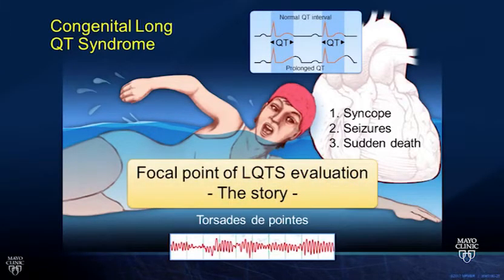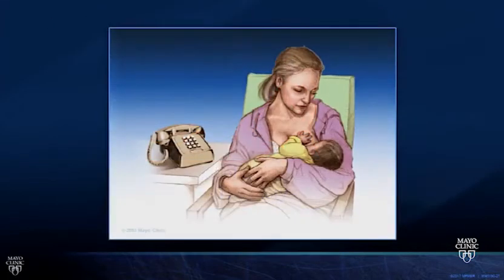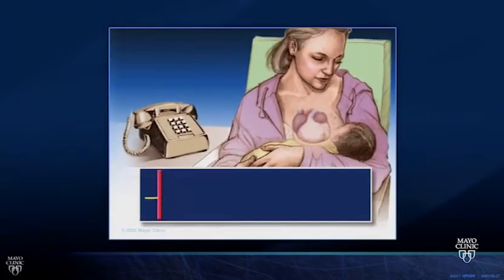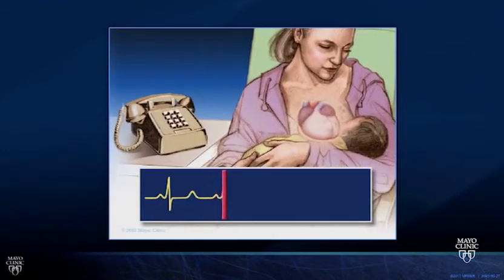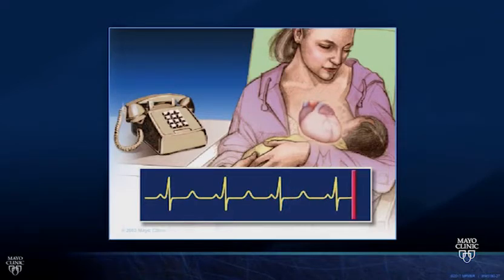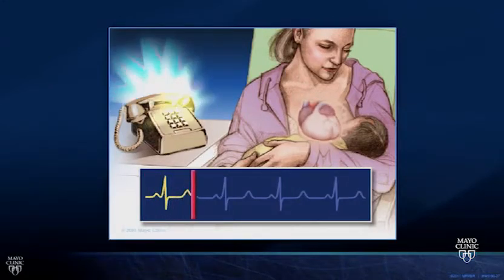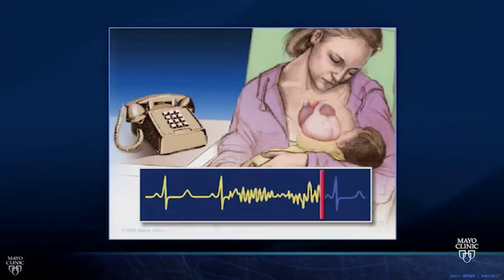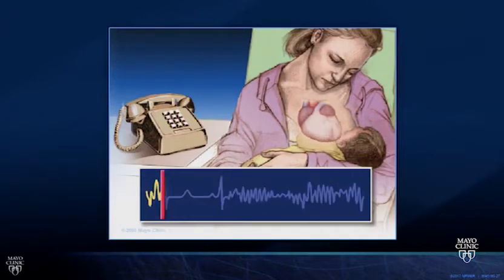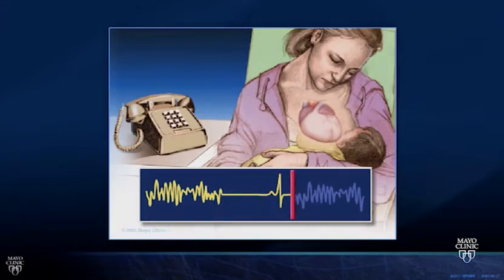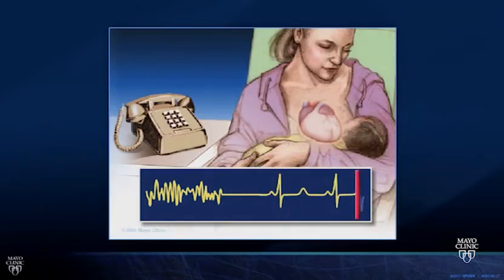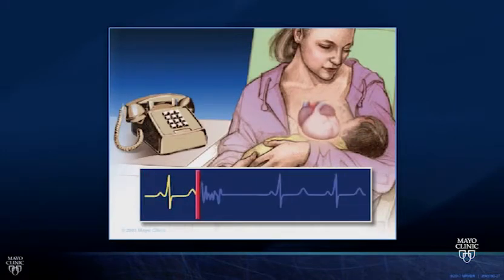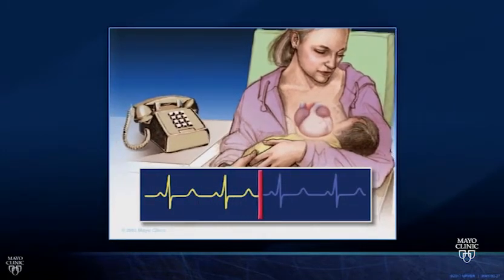Now, when we evaluate patients, the story is the most important because you and I, when we're eliciting the story of the faint or the generalized seizure, we're having to picture what the rhythm was. When we hear this story about this woman who is nursing postpartum and the phone rings, and she collapses and faints, are we picturing torsades as the basis for the faint, or are we picturing a normal sinus rhythm vasovagal mechanism? And what you and I are concluding then directs what we do and how aggressively we